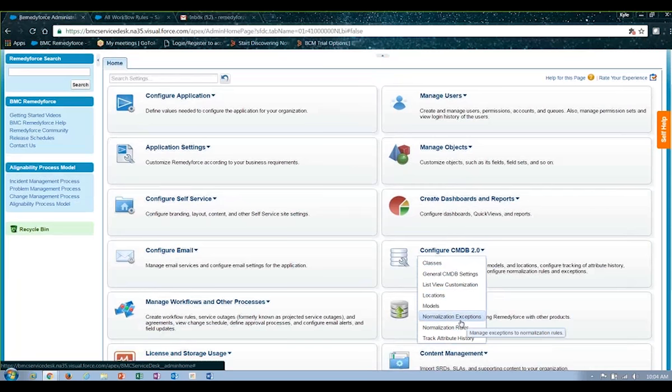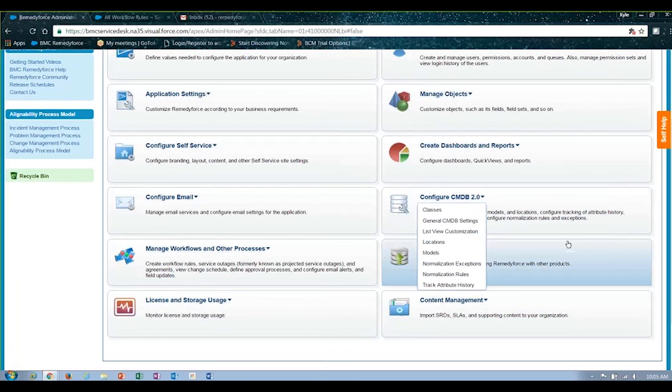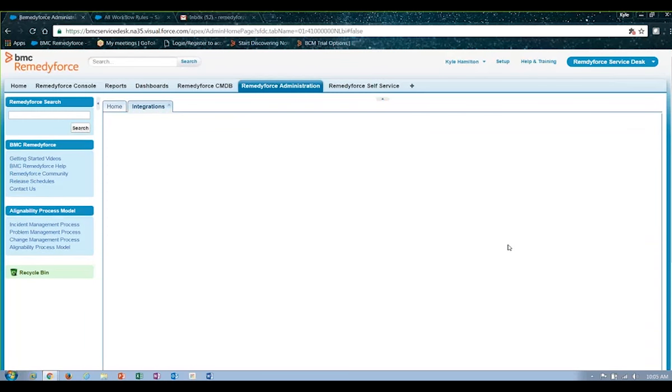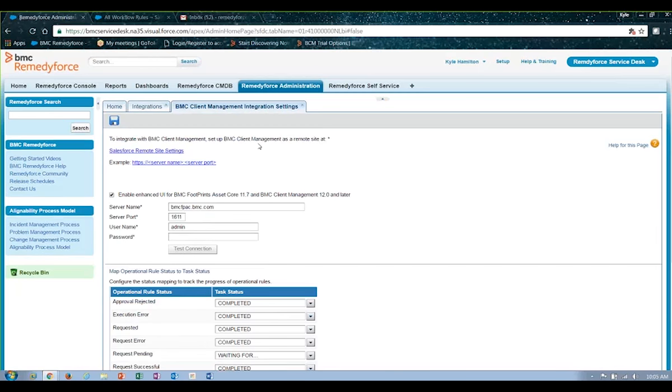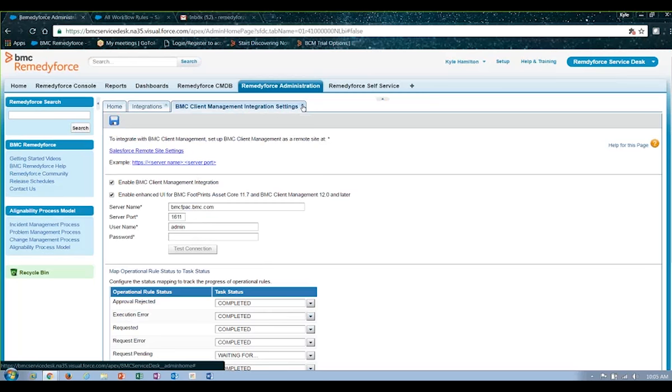What types of assets and configuration items do you need to track? What kind of rules around those assets do you need to have, things like that, to being able to automatically configure and set up things like integrations or interfaces to external tools. A lot of these are provided out of the box so that you can get up and running quickly, things like our BMC client management integration, which is a simple one-page form. You can fill in the details here and save it and have that integration accomplished within minutes, all the way